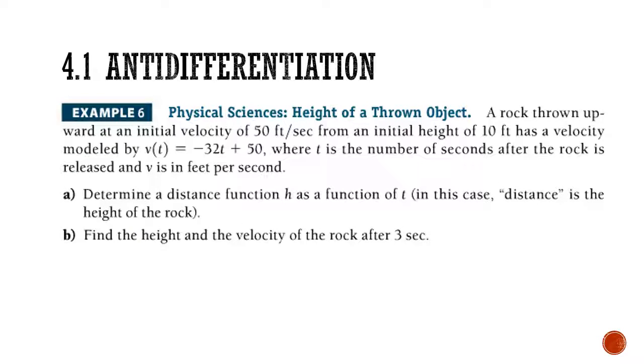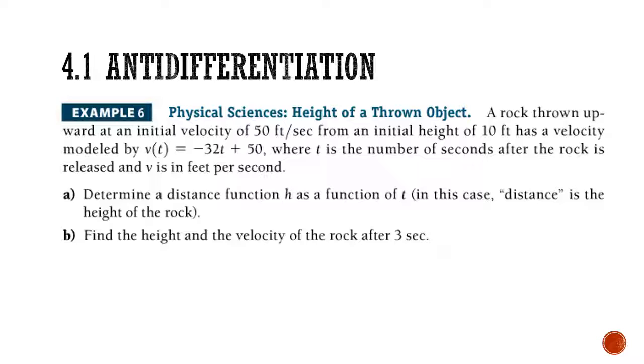All right, let's try a word problem. In fact, this is a physics problem. You have a rock that is thrown upwards with an initial velocity of 50 feet per second. In other words, when time equals 0, velocity is 50 feet per second, and it's from an initial height of 10 feet. Okay, and that's when time equals 0, height or distance equals 10,